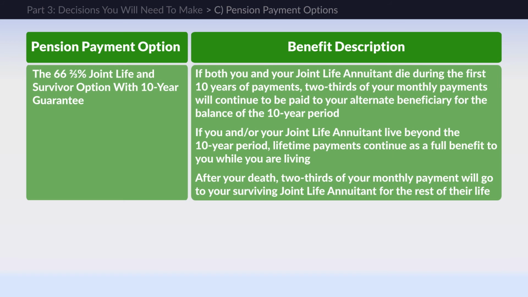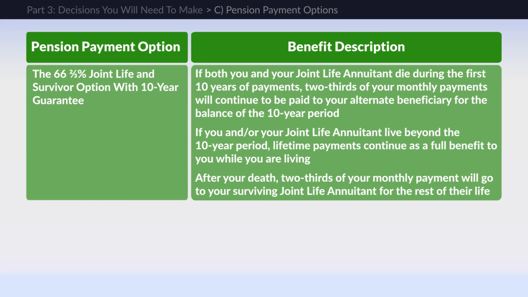The 66 2/3 joint life and survivor option with 10-year guarantee is the same as the 66 2/3 joint life option, but it provides a smaller monthly benefit. If both you and your joint life annuitant die during the first 10 years of payments, an alternate beneficiary will continue to receive 2/3 of your payment for the balance of the 10-year period. If you live beyond the 10-year period, payments continue as a full benefit to you while you are living. Then, after your death, the payments will go to your surviving joint life annuitant as a 2/3 benefit payment, ceasing